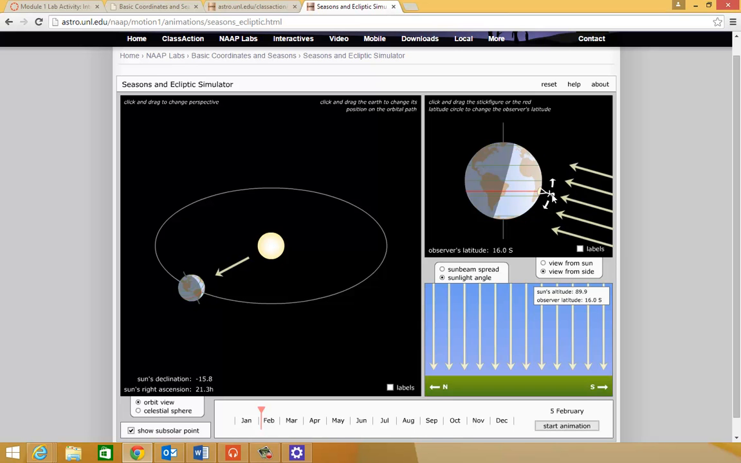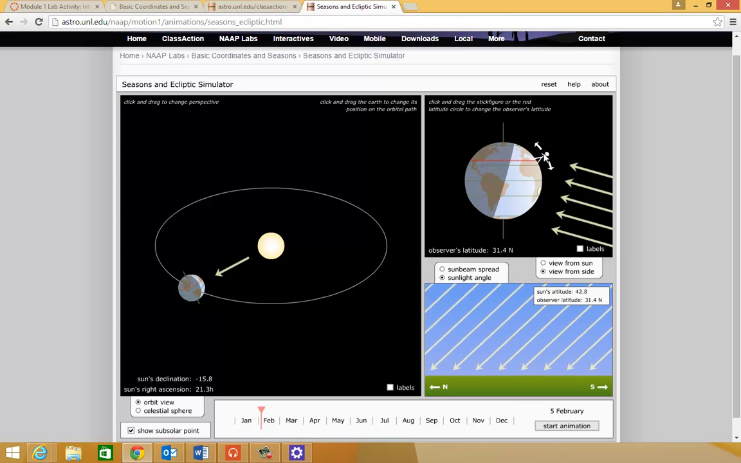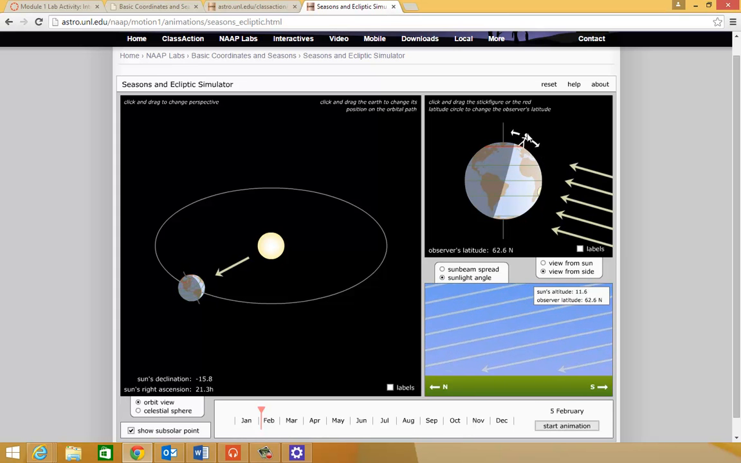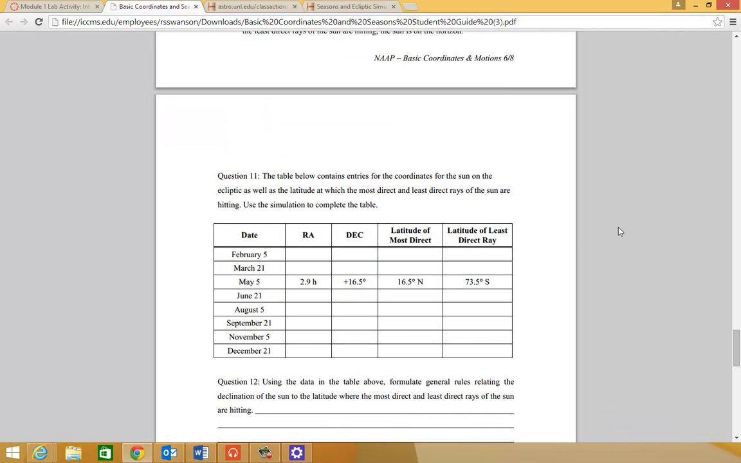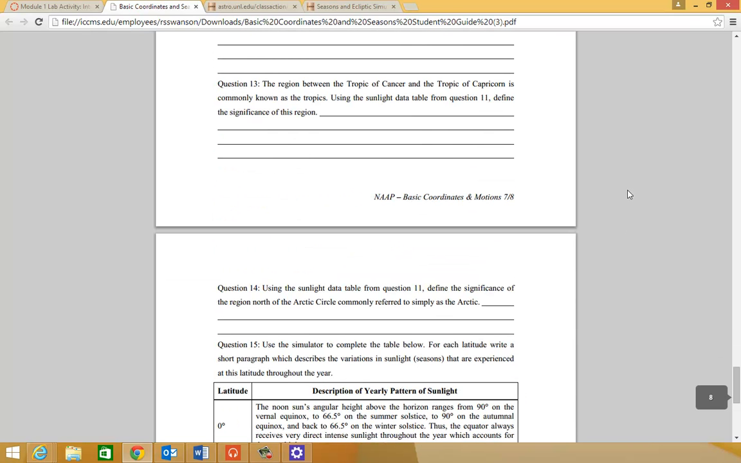Now they want the latitude of least direct sunlight. So as I move my guy, notice that the light is getting more and more angled, more and more angled, until essentially it disappears pretty close. So you get way up here, and that's what would be your latitude of least direct sunlight. And you fill in the information. Again, try it from a bunch of different times of the year. And then finally,